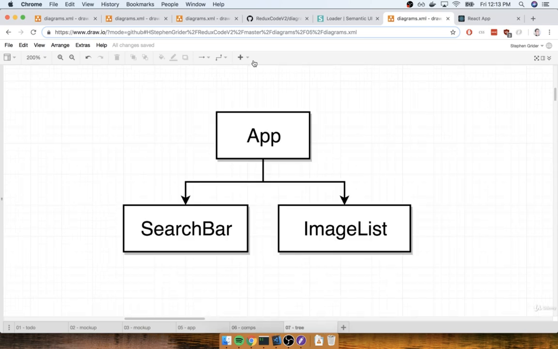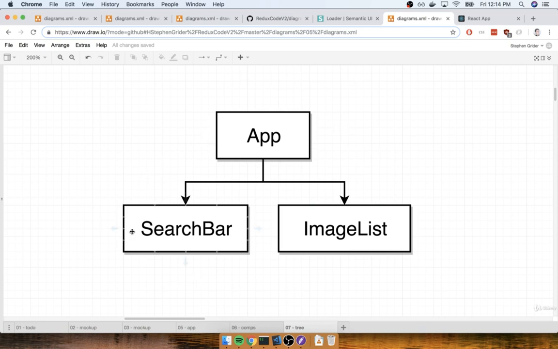So our component hierarchy is going to look a little something like this. At the top is our app. The app is going to show an instance of the search bar and an instance of the image list. Now we're going to end up with a couple other components inside this application over time, but I'm not showing them on this diagram just yet because I want you to kind of naturally see why we would decide to include or create additional components. So the final application is not going to be just these 3. We're going to have a couple other as well.